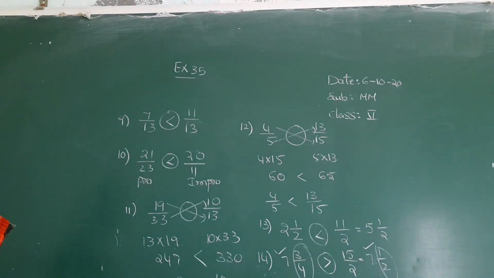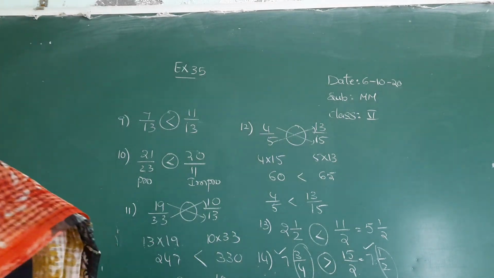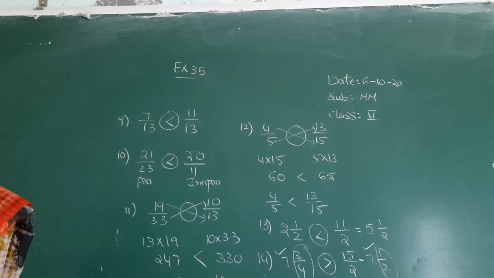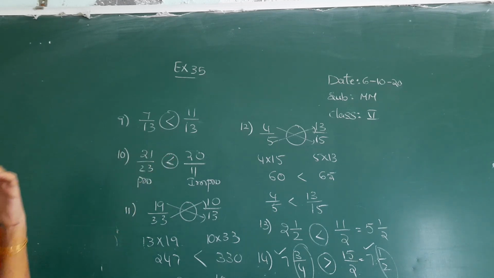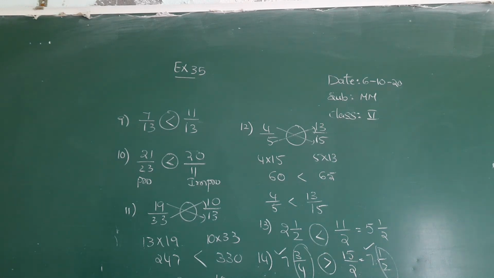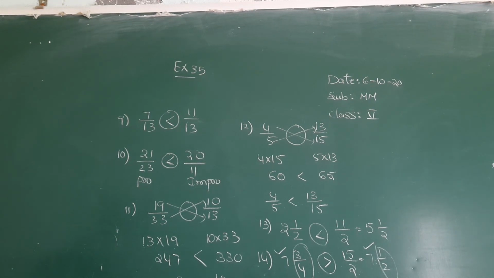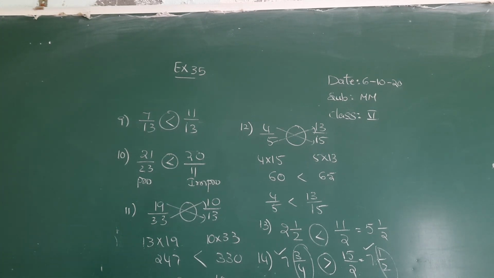Okay? So this is the method to compare the fractions. So total 3 methods are there, and if you are perfect in definitions, you have to apply the applications also. Every proper fraction is less than the improper fraction. When the denominators are same, where the numerator is greater, that fraction is greater. In the case of numerators are same, where the denominator is less, that fraction is greater. And other than these two cases, you have to use the cross products method. Okay? Bye children.